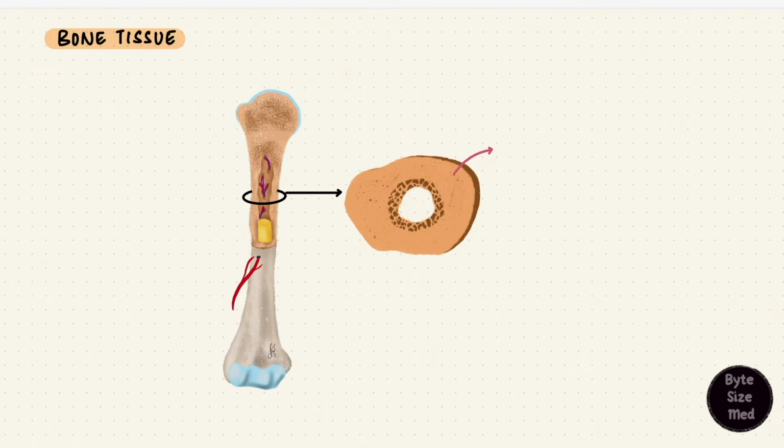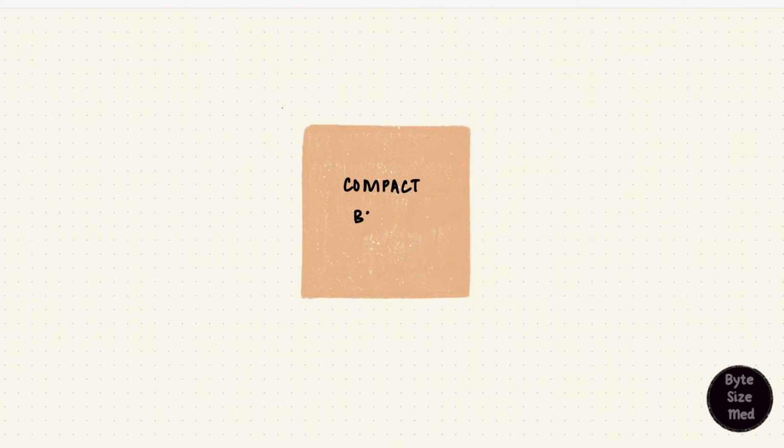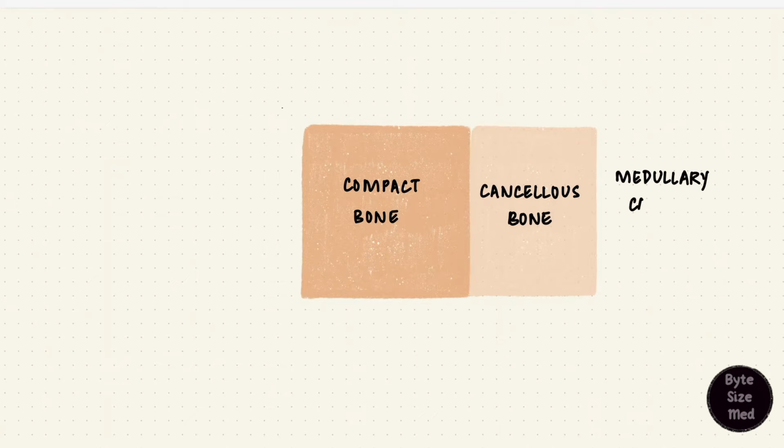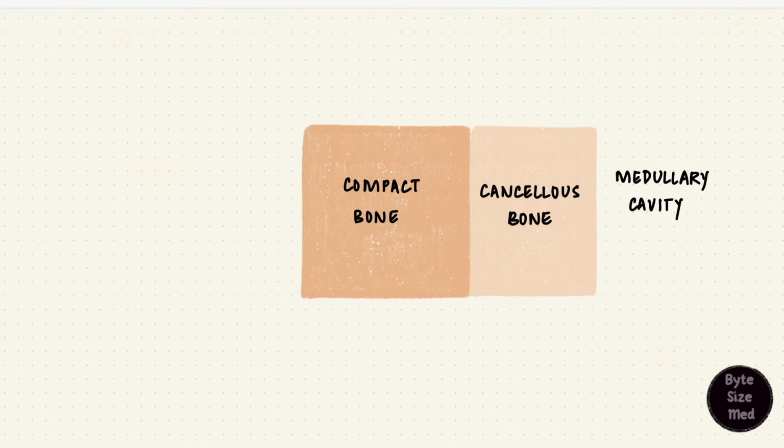Those are the important components of bone tissue, and that tissue is arranged in a certain way. If we pick up the diaphysis, we already saw on a cross section how it's got compact bone, then thin cancellous bone, and a central medullary cavity. Now we're going to take a closer look at those layers. For that, I'm going to schematically arrange the layers first. Compact bone, cancellous bone, medullary cavity. Bone is specialized connective tissue because it's calcified, but it's covered by dense connective tissue which is not calcified. That's the sheath covering the bone that you can see here. Now let's peel this layer off the surface. This layer is called the periosteum.